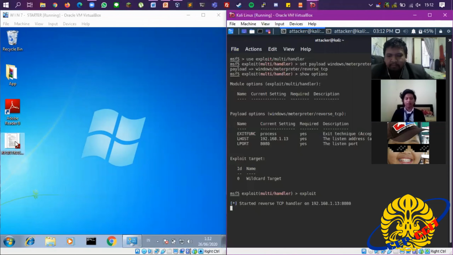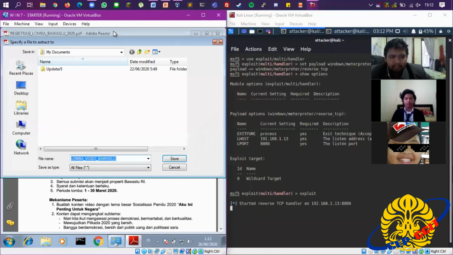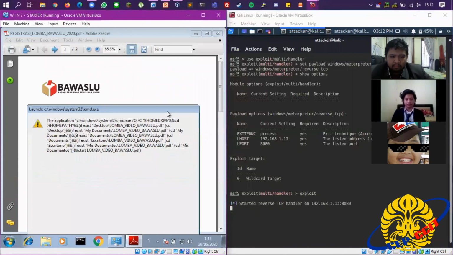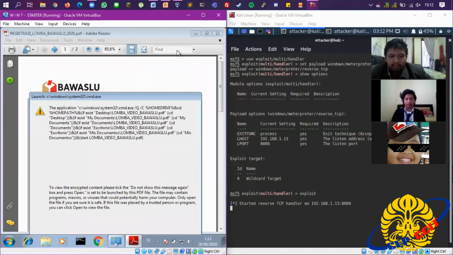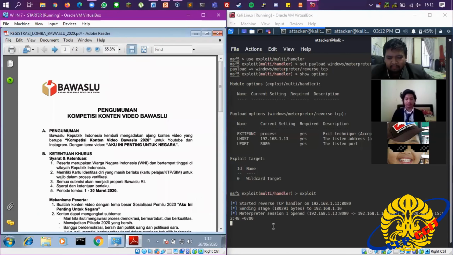And now we want to open this file, it must be in Adobe Reader, because Adobe Reader is the most vulnerable, and save. There is a warning about this file, but we choose do not show this message again and open it to give access.